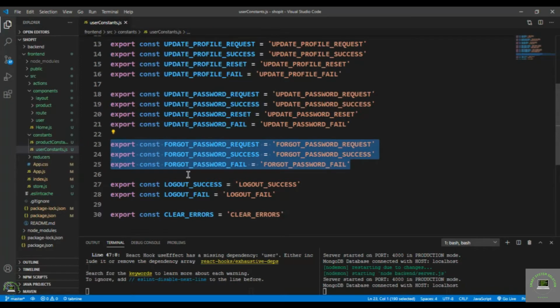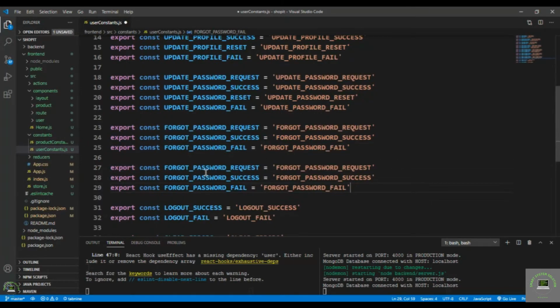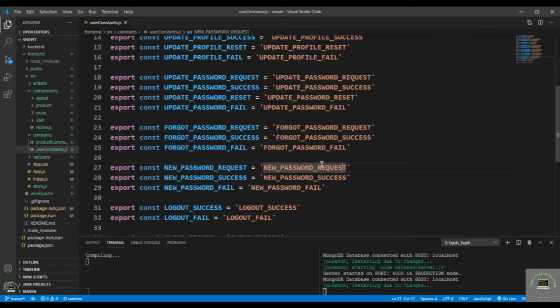this one. So Control C, and I have to change here the forgot to new. So press Control D and new. Simply save it, copy the first one,